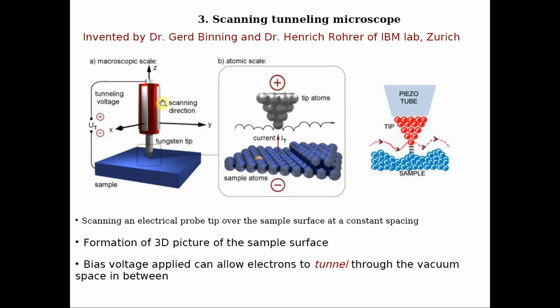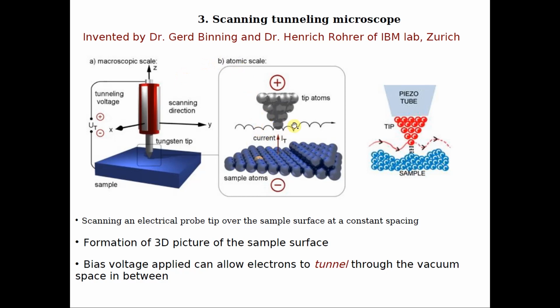And this is obviously going to do scanning, so that means it can move in the X direction and Y direction. Two directions are there for scanning. Next, you have a voltage applied between the sample and the probe. It's called a tunneling voltage. We will come to see very soon why you need this voltage. Can't it be just simple movement? Why do you need a voltage to be applied?